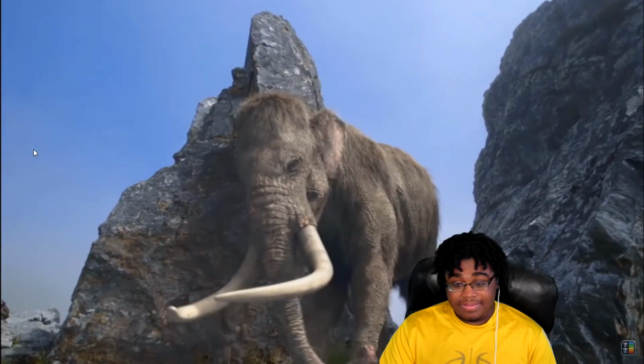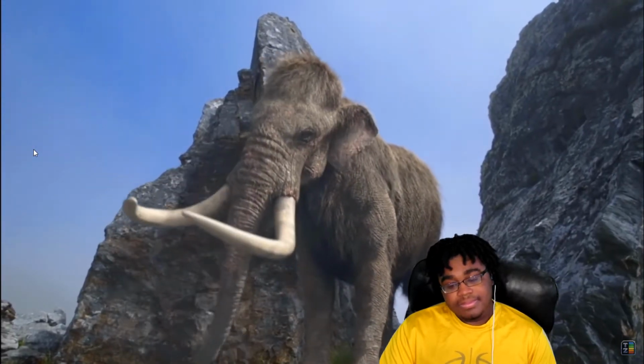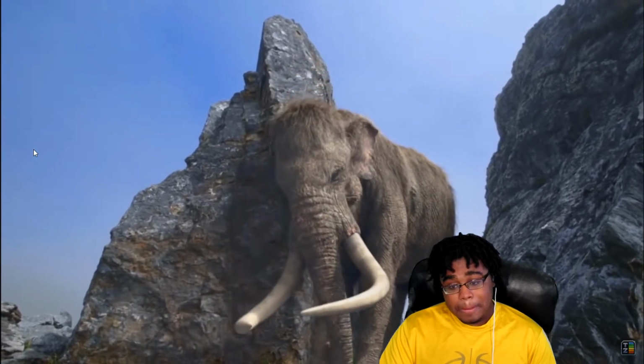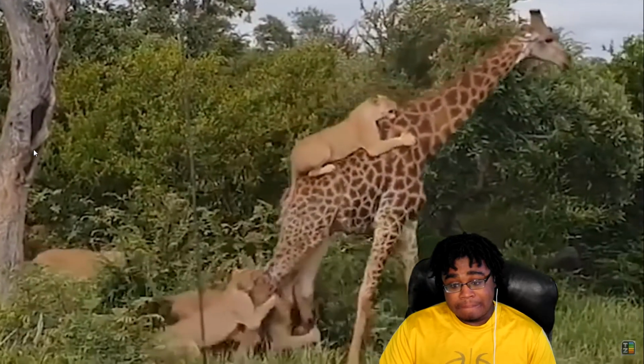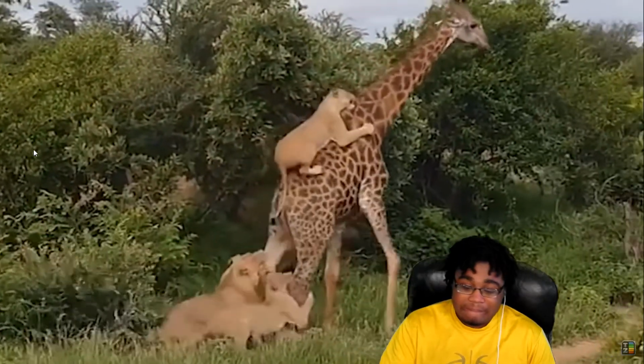Mammoths, as well as elephants today, also had one of the most unique abilities ever seen in the game, a trunk. Choosing between a quadrupedal and bipedal build is a difficult choice. Quadrupeds are much more stable and tend to have higher run speeds, but using all 4 limbs to walk,